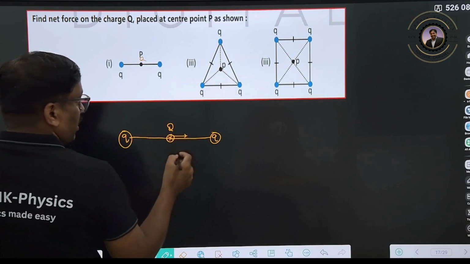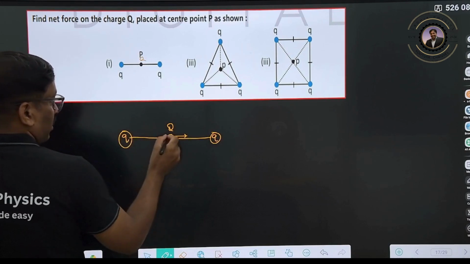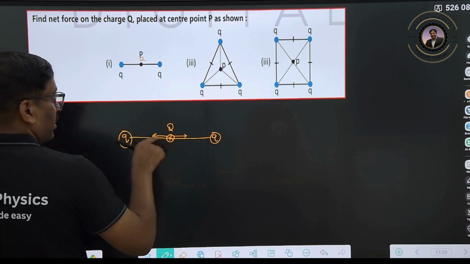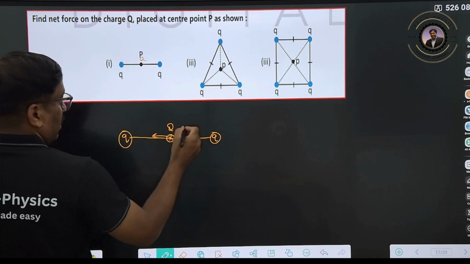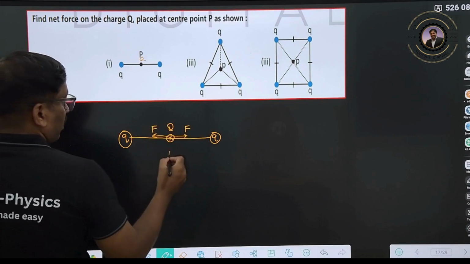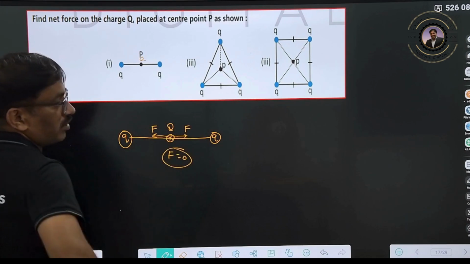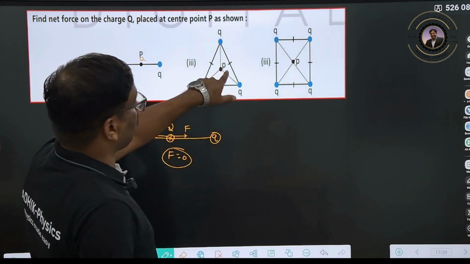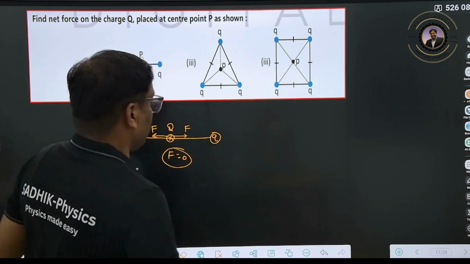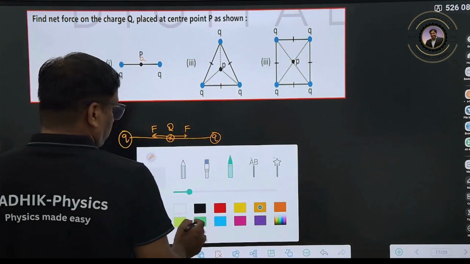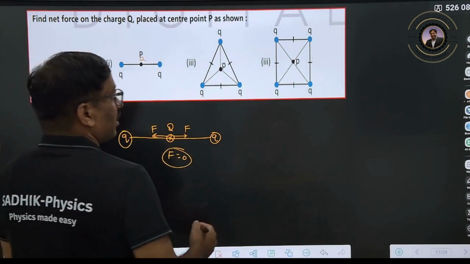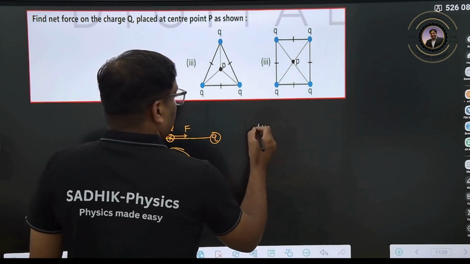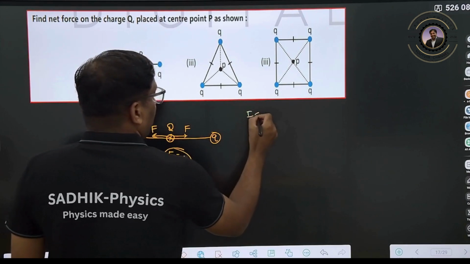So this side it will experience a force because of repulsion, and this side also a repulsion, same product, same distance. The force on this side and the force on this side are both equal, so the net force acting on this one will be equal to 0. Here also it is the centroid, therefore the force will be equal to 0. Here also centroid. So if charges are uniformly distributed, identical,